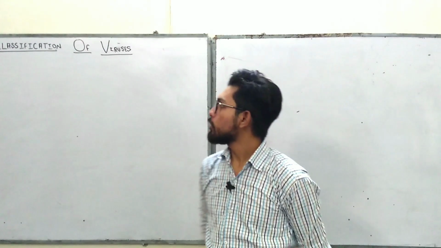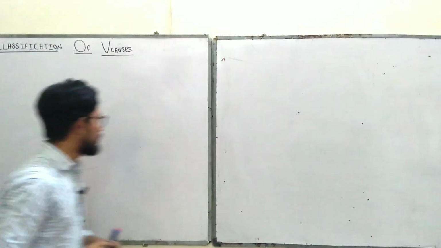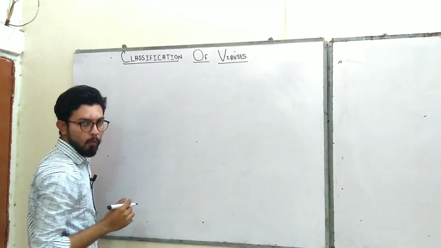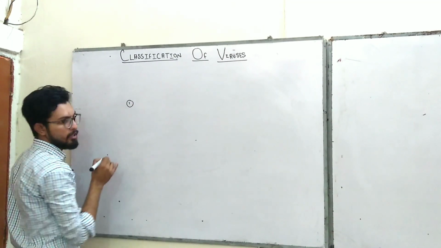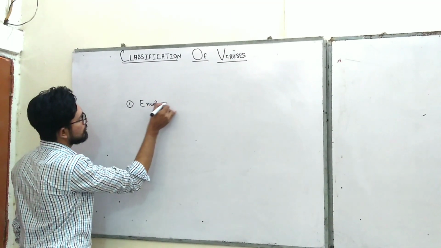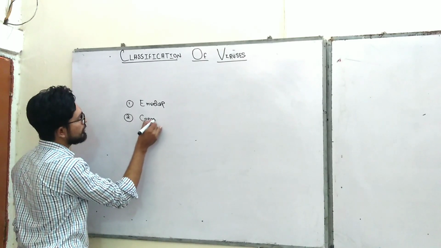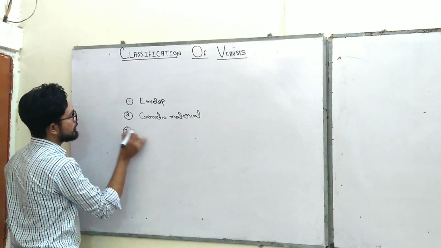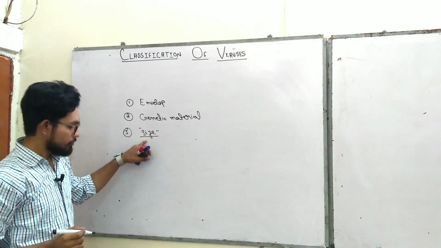Okay, before starting the classification of viruses, first I want to give you a review of the basics that help in the classification of viruses. So first of all, viruses are classified on the basis of three characteristic features. First one is the envelope that surrounds the virus. Second one is their genetic material, and the third one is the size of the virus. You know, size of the virus is very hard to remember.